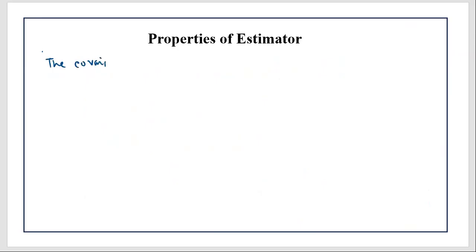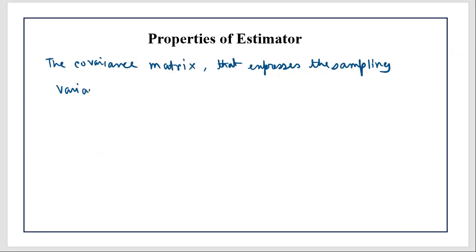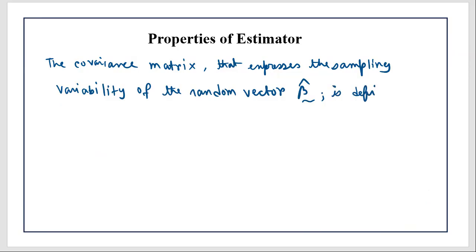The covariance matrix that expresses the sampling variability of the random vector beta cap curl is defined as,